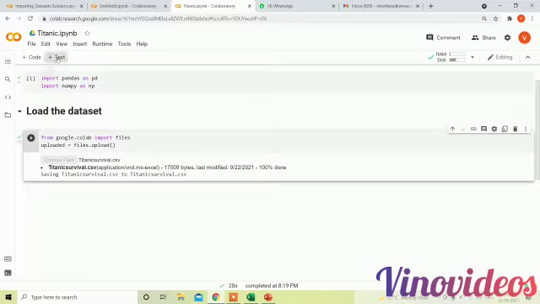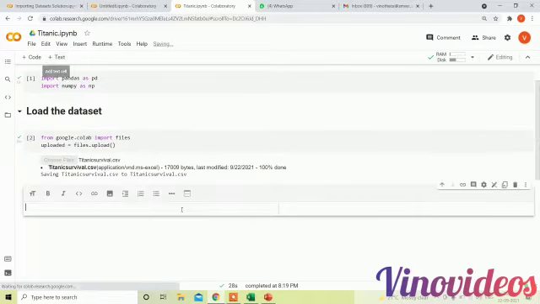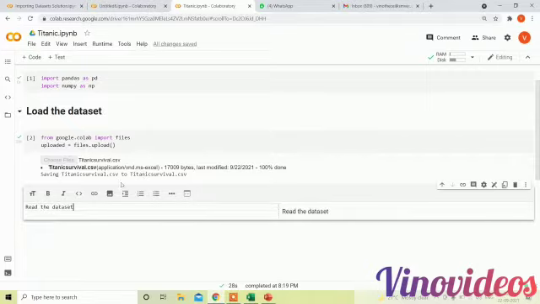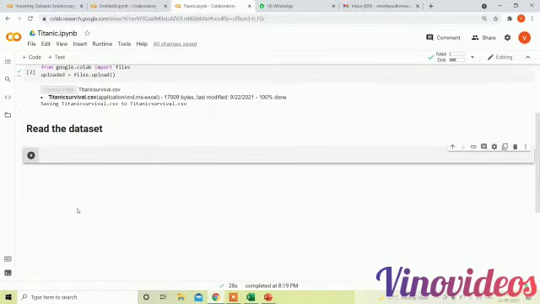Next we need to read the dataset. For that you need to give the command, dataset equals. I give the name as dataset, but you can give whatever name you wish.